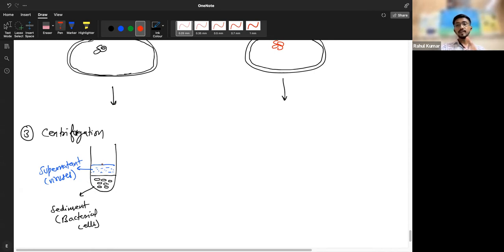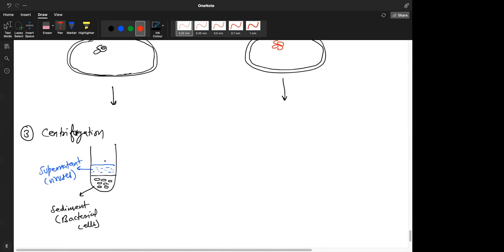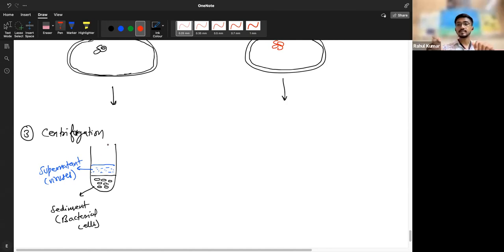Which was labeled in medium 1? Which was radioactively labeled? Protein coat. And that protein coat was then detached in the second step called blending, right? So you will see radioactive signal in the supernatant, because all the protein coat is in the supernatant. You will not see any radioactivity in the cells. So this proves,